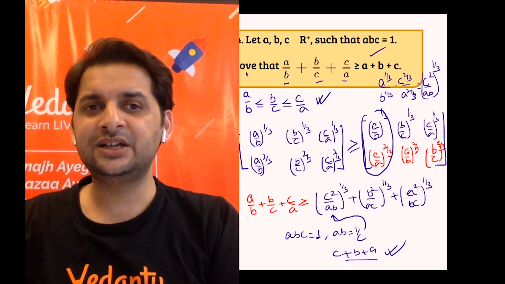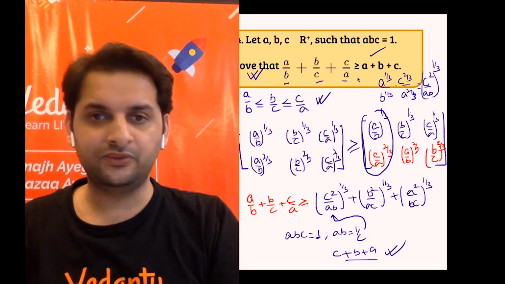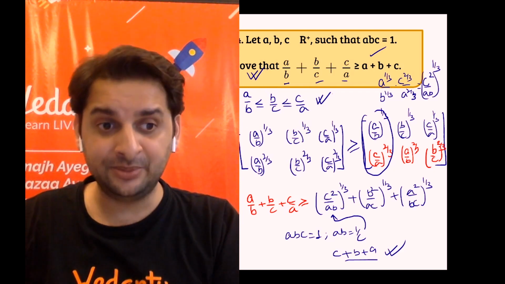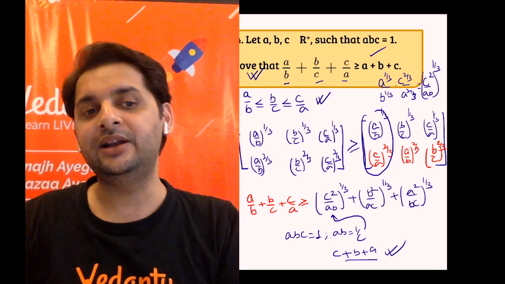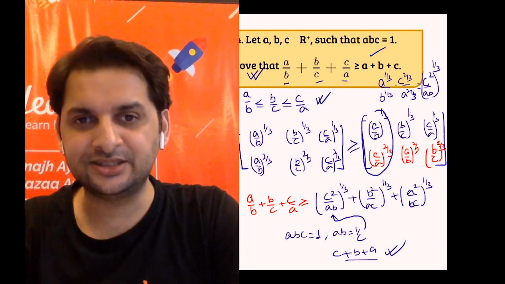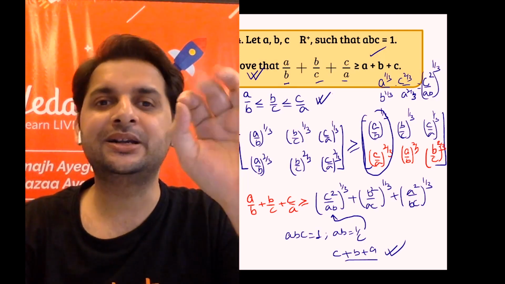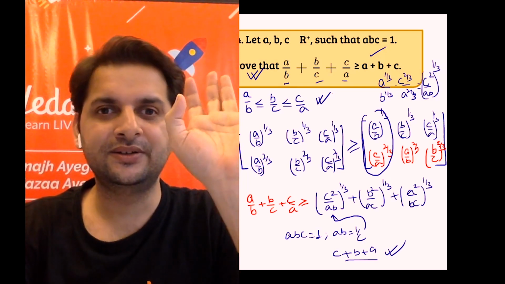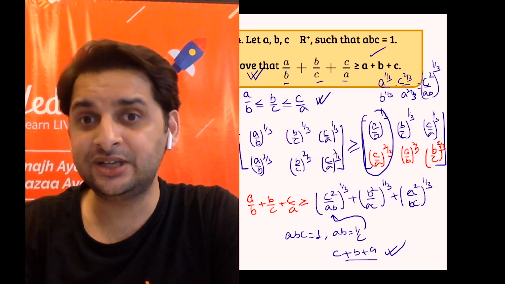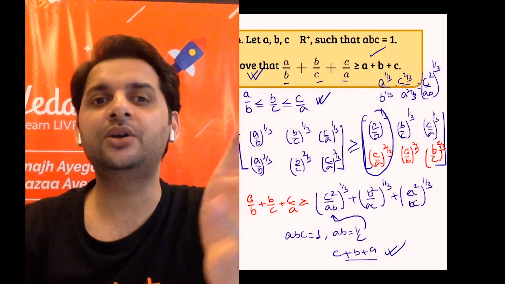So such a difficult inequality, if you take the LCM, it would be much more difficult to prove by any other means. It can be proved, but it will take a long while. But using rearrangement, I've proved this in one or two lines. So this is the power of rearrangement. Again, the good part is there's no mathematics involved. This is pure logic, right? So just on the basis of logic, we've devised an inequality and we've used it in some of the questions, and this can be easily used in many things around you.